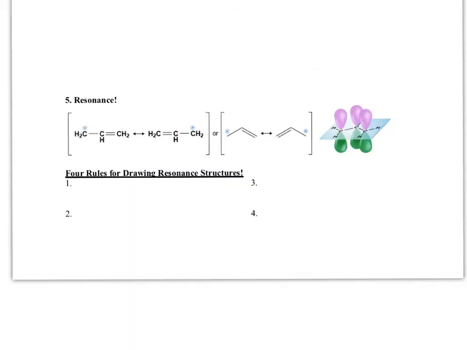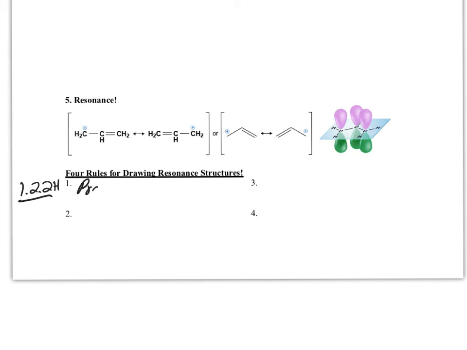So we're going to resonance now. What are the 4 rules? Rule number 1, and these are in your book. Octet rule. Say it again. Is it the octet rule? Not necessarily. Nope, not the octet rule for this one. Even simpler. And this is in this part of the book, I'm thinking